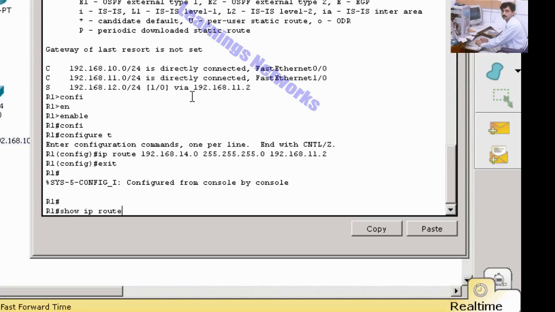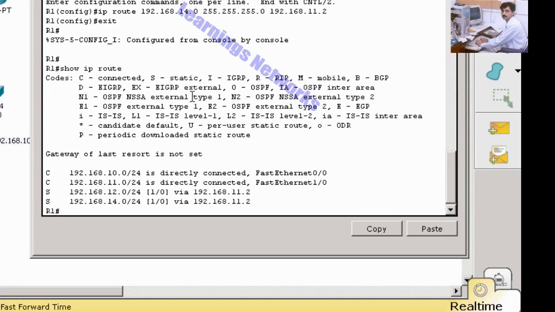Show IP route. Now we have 10.0/24, 11.0/24, 12.0/24 and 14.0/24 in the routing table of R1. Now we check that we can ping 192.168.13.1.